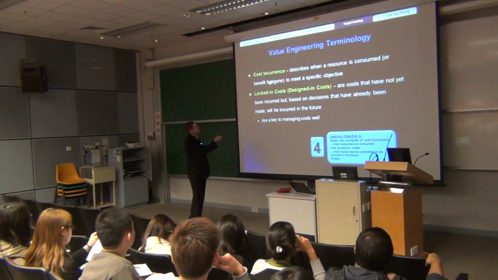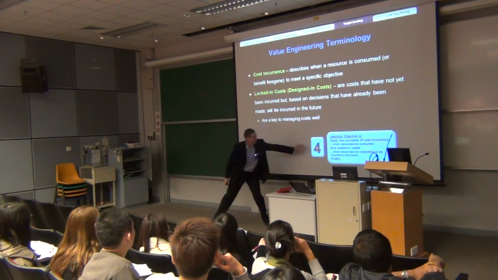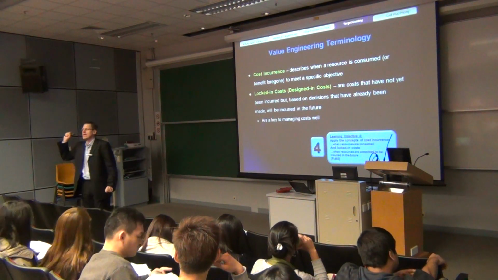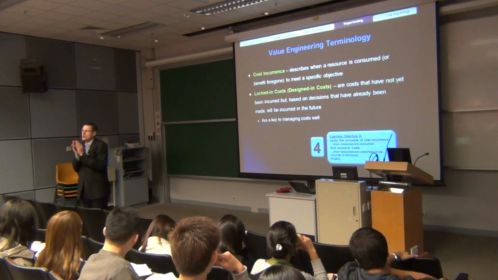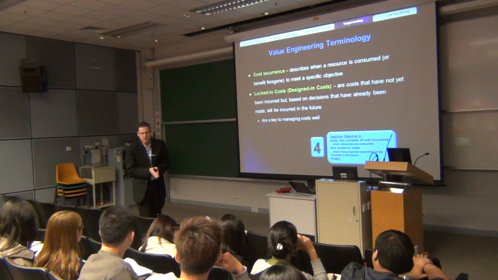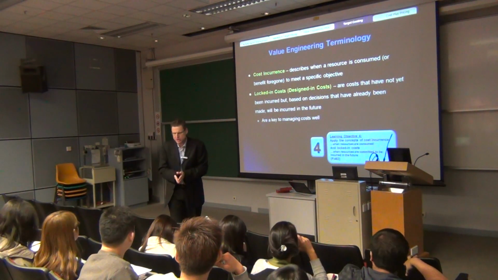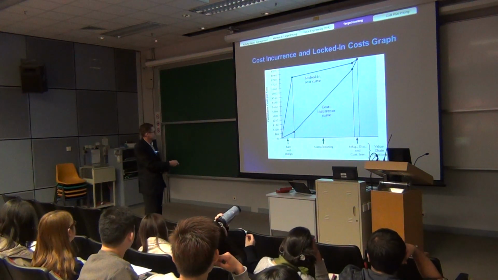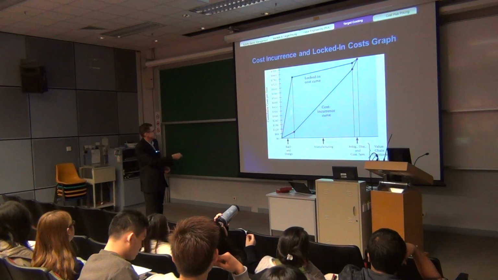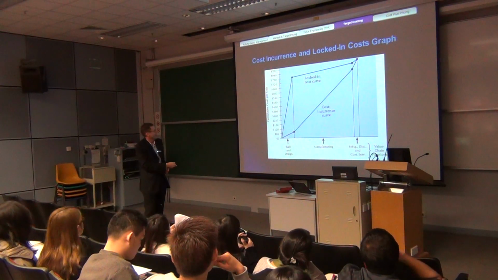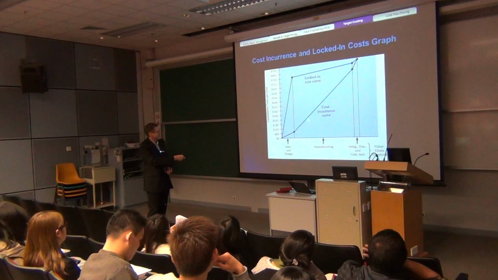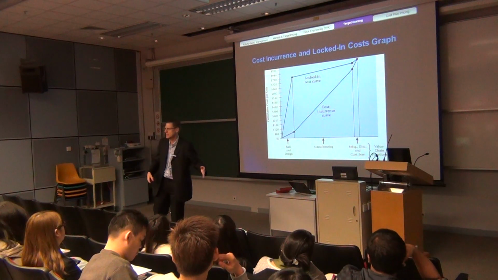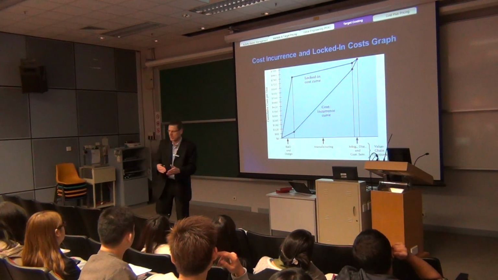We've got cost incurrence, locked in costs. Learning objective 4. I want to quickly go over this. Learning objective 4, you must realize this. When you buy a machine, it's like this. You lock in, it's just like research and development design. You lock in costs. Sometimes you can't get them back until over time through manufacturing, and suppliers like to amortize these things. And they like to amortize it very, very quickly.